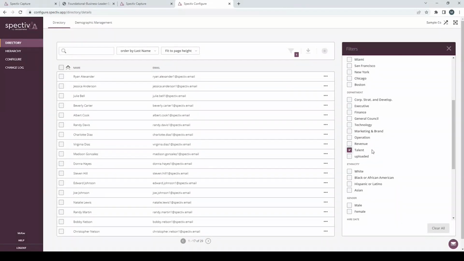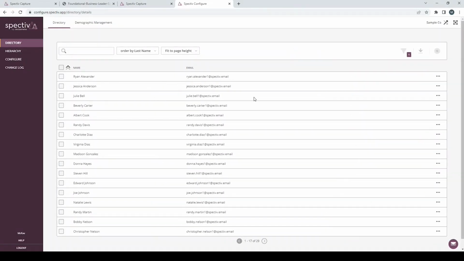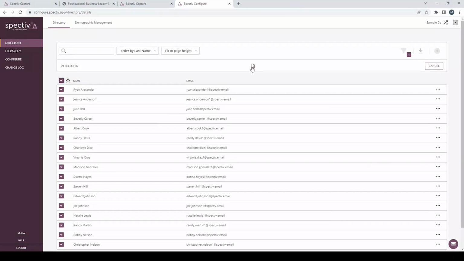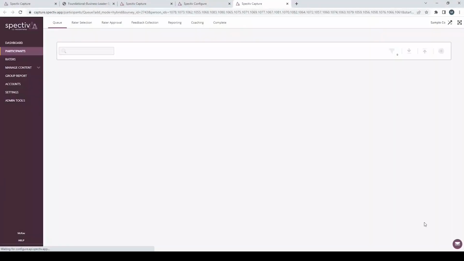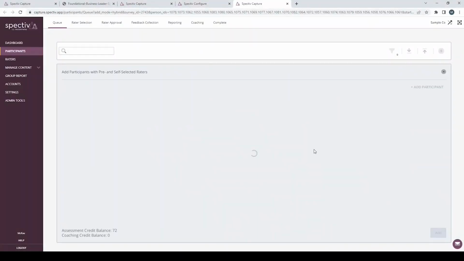Let's say we're going to run for our talent team, 29 individuals here. We'll initiate an assessment using our business leader. And let's say we're going to do the hybrid, so we'd like to upload some of them. Now we have this option to autofill raters from hierarchy. I'll go ahead and do that. It'll take just a minute here to populate as it's going through the hierarchy and generating for all 27 people